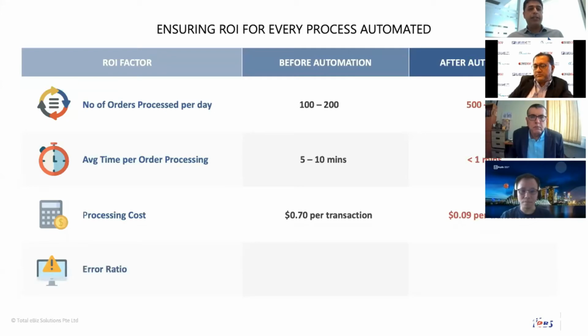And last but not the least, we are also seeing an improvement in order fulfillment. Before automation, because humans are involved, we tend to get a bit complacent. We are distracted by a lot of other things that we do. And of course, it's a monotonous process, so we are prone to make mistakes. So we had an error ratio of almost 10% per 1,000 transactions. But with RPA, we have achieved a 0 error ratio for the last couple of months since we deployed this process. And of course, this is now being replicated for our customers across the board.